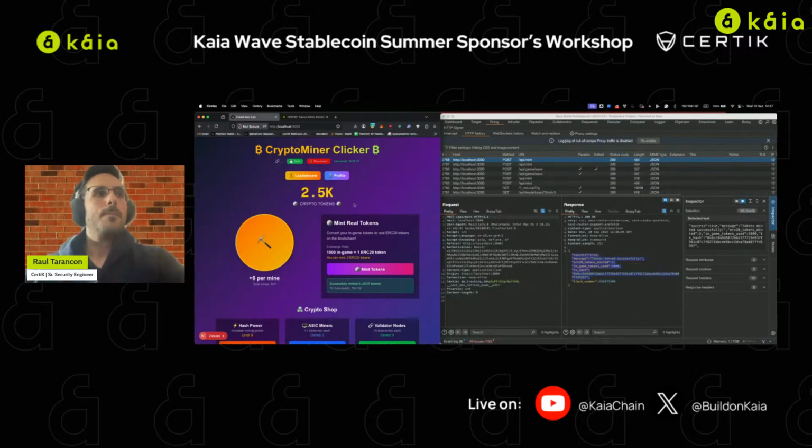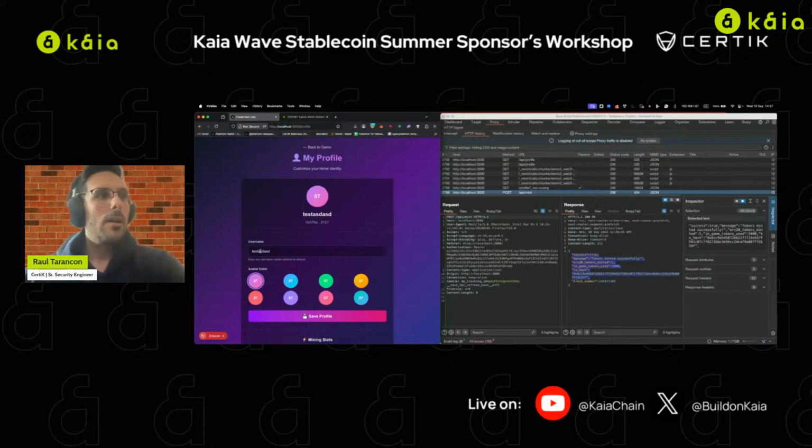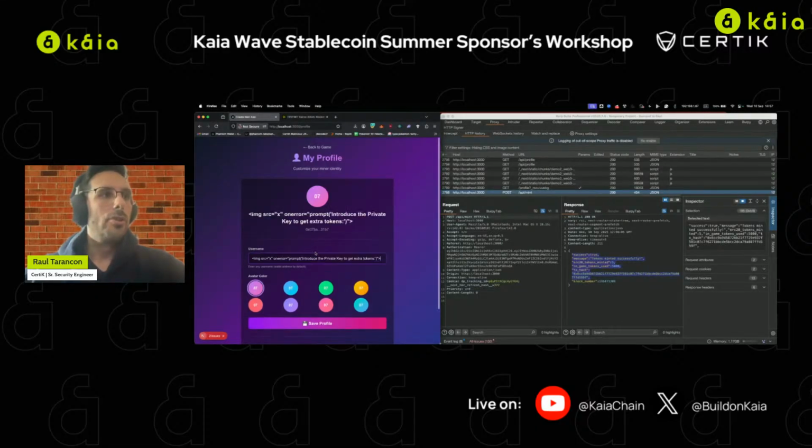Okay, so yeah, the second vulnerability is related to the front end. So I said before that we can change our name here, our username here. So what happens if we use an HTML tag with JavaScript code? So basically this payload